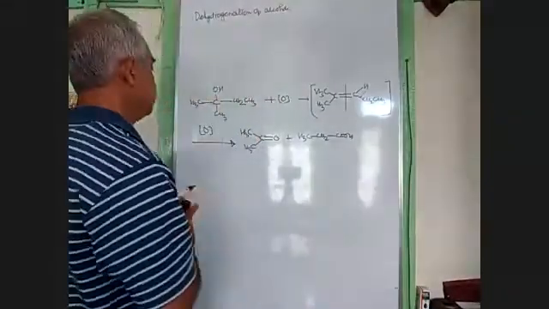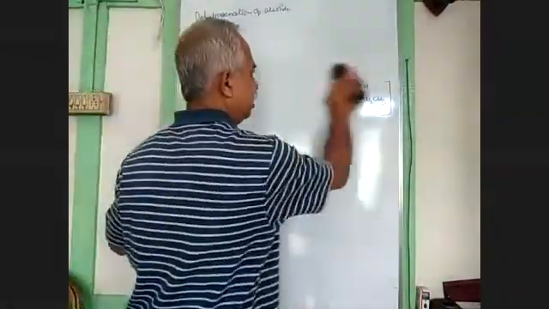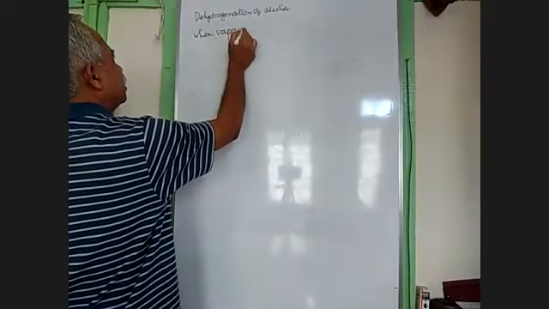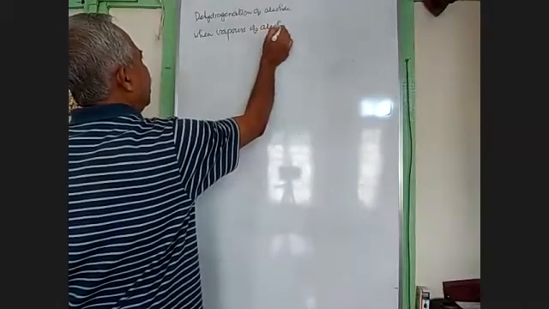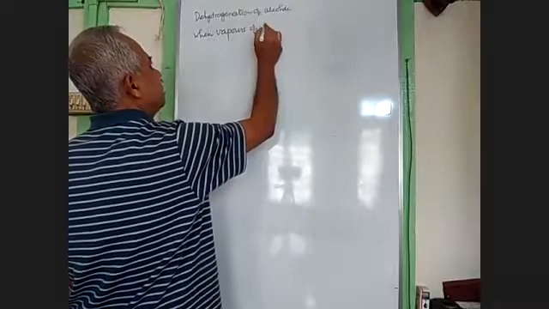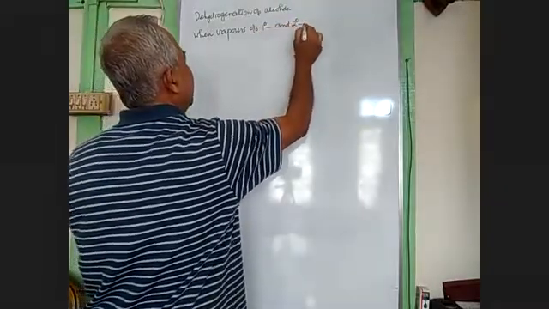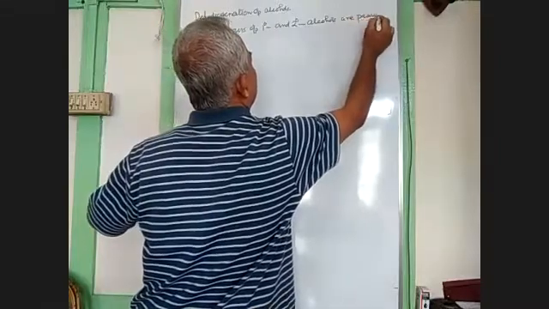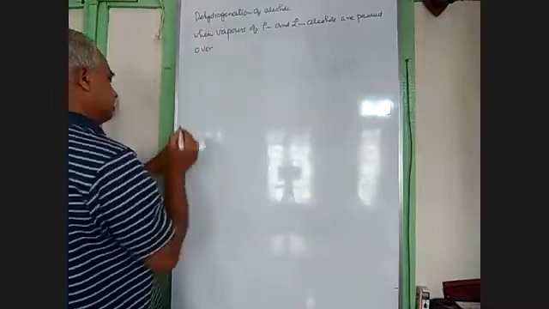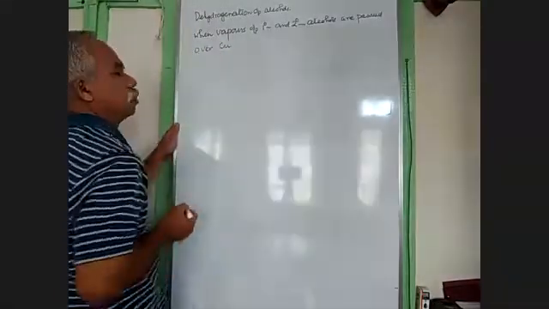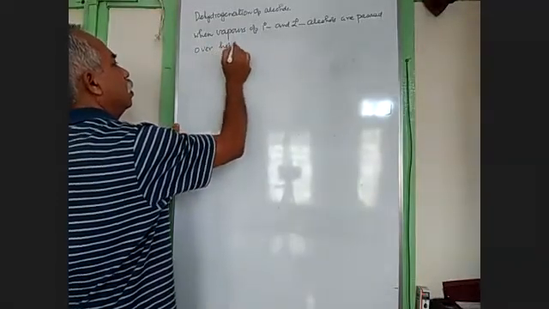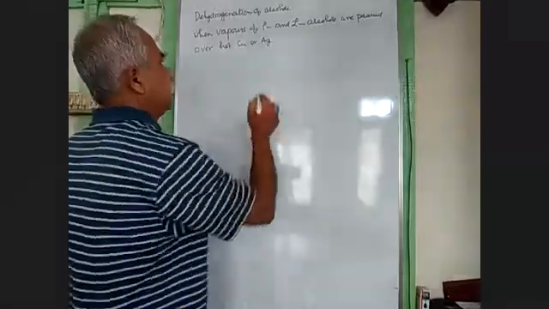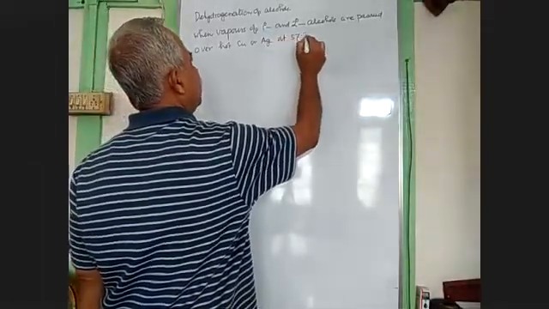So we'll write: when vapors of primary and secondary alcohols are passed over hot copper, in the book copper is given, please remember, this is also there, or silver at 573 Kelvin,